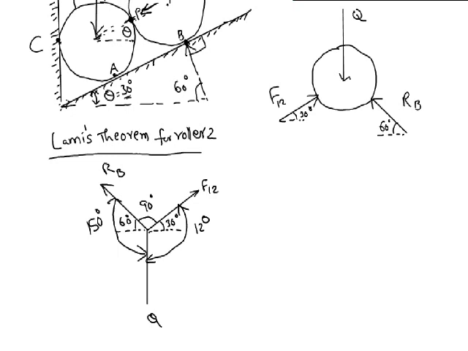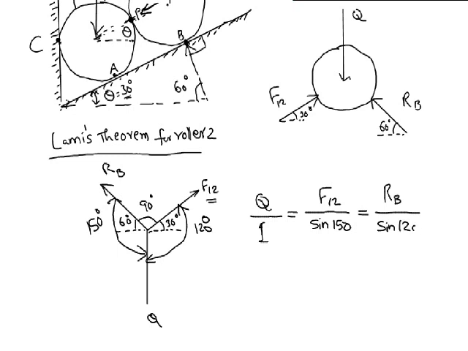and thus we can write an equation for Lamy's theorem as Q divided by sine of angle between the other two forces, which is sine 90, which is equal to Q by 1, and then you have F12, the other force, divided by sine of 150 is equal to RB by sine of 120 degrees, which would imply